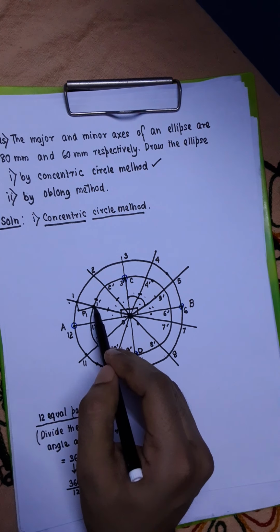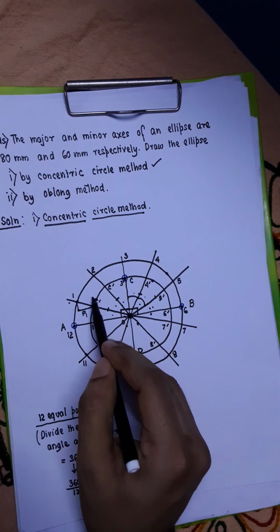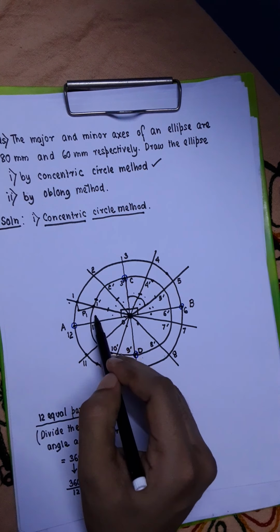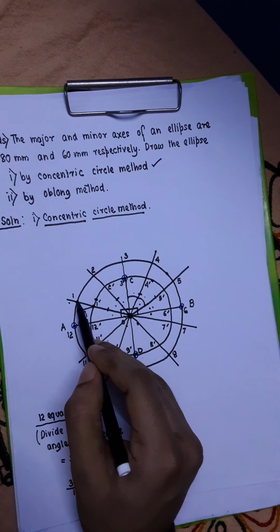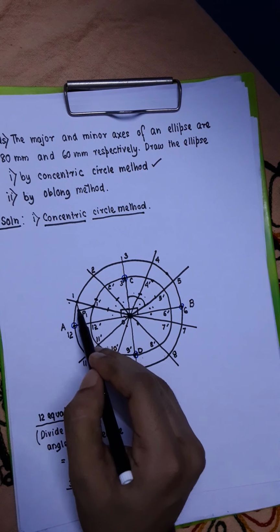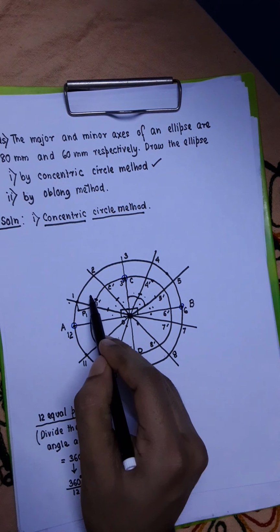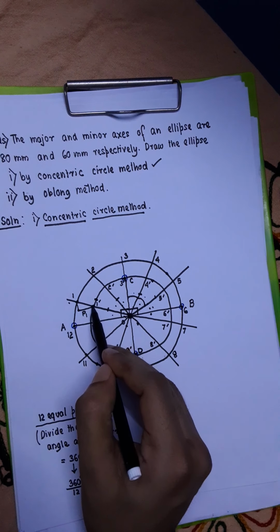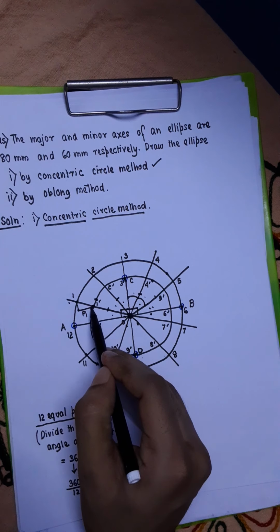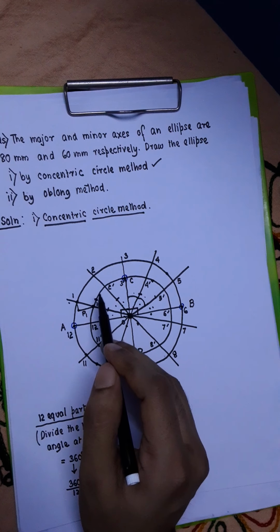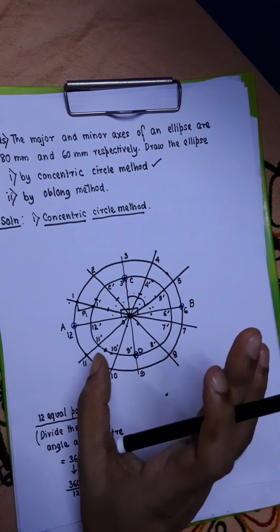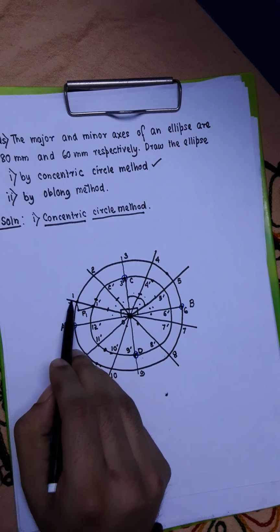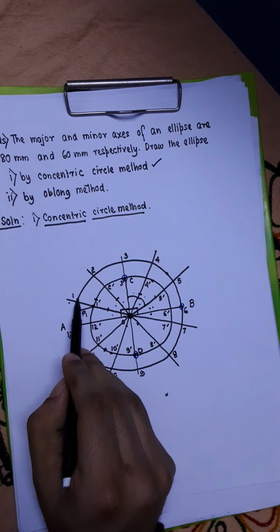From 1 dashed if you draw a line vertically instead of horizontally, it will go like this, and from the point 1 if you draw a line horizontally instead of drawing it vertically, it will go like this. So they will meet somewhere here. Okay, so you might be confused as a student whether this construction is correct or whether this construction is correct. So for that you have to keep one simple rule in mind. You see, point 1 is lying on the major axis circle.